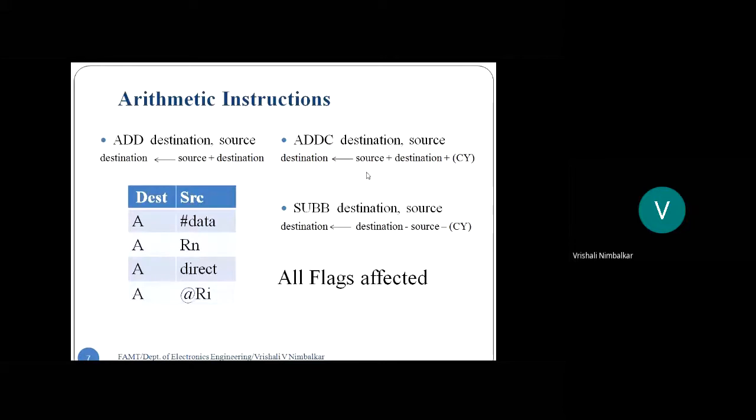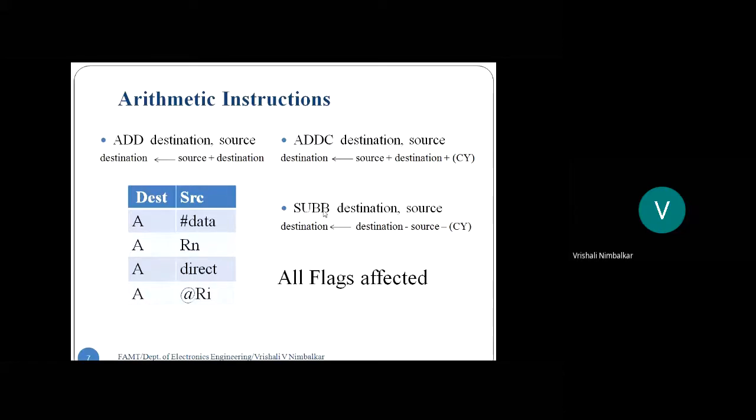Now see here, the source and destination are 8-bit numbers, whereas the carry is a 1-bit number. It is a flag. Do you remember, students? Carry is a flag bit, one of the flags from the PSW register. So this is 1 bit. This 1 bit gets added with the two 8-bit numbers, and it gets added in the LSB, digit 0. This carry gets added in digit 0, right?